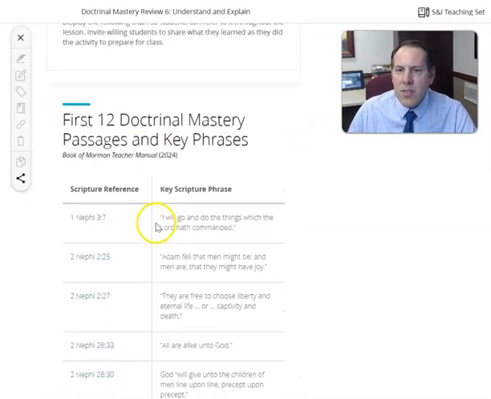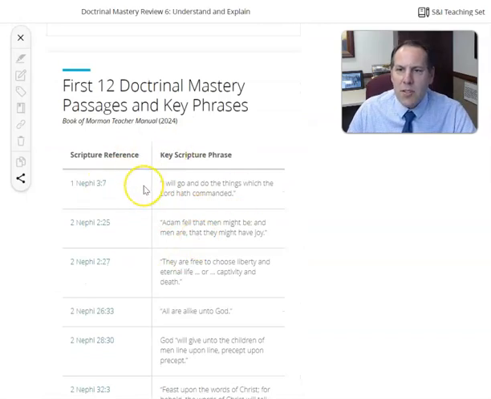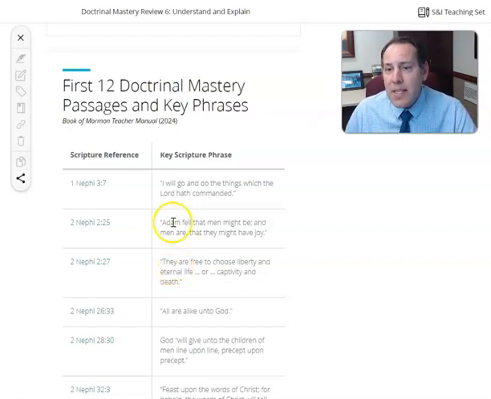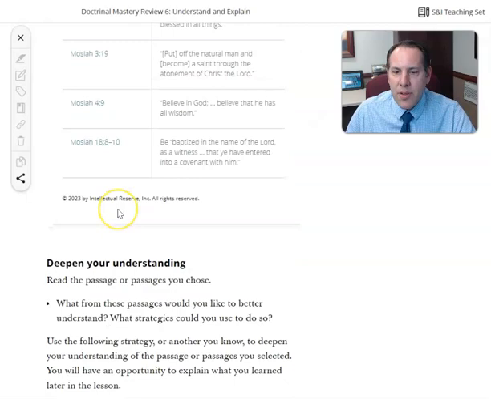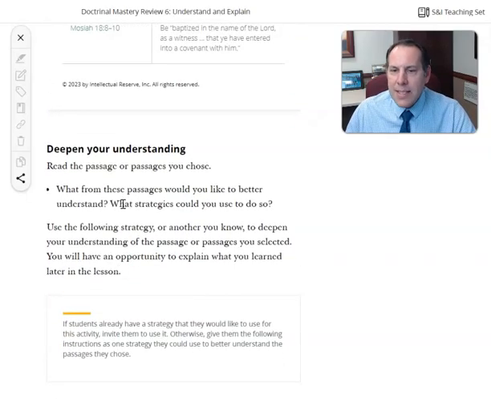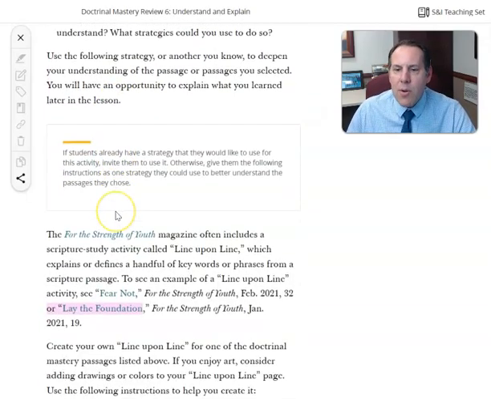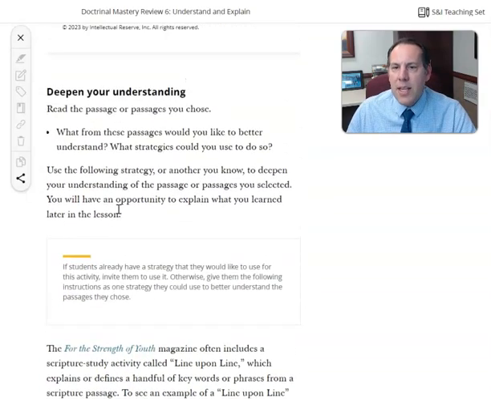And so our activity is going to involve our 12 doctrinal mastery passages and key phrases, and students are going to have some opportunities to choose ones that they want to understand better or they'd like to explain better, or both. And so you may have passed out this piece of paper to them before. You can have them take it out, or you can print it and have one available for them to use. But essentially, the activity that I would recommend from here is the line upon line strategy